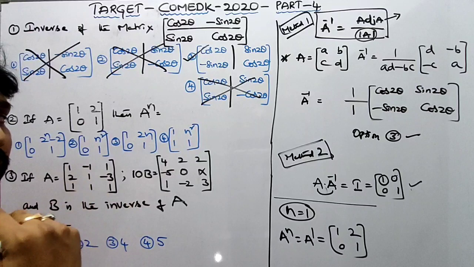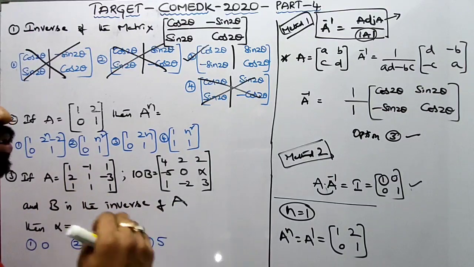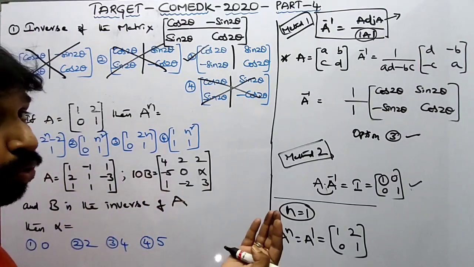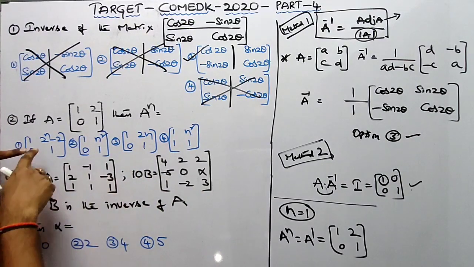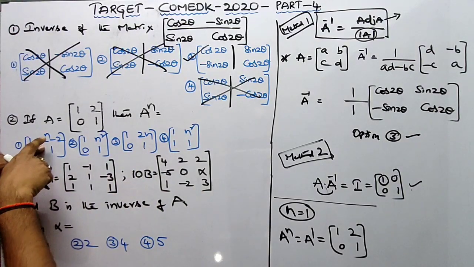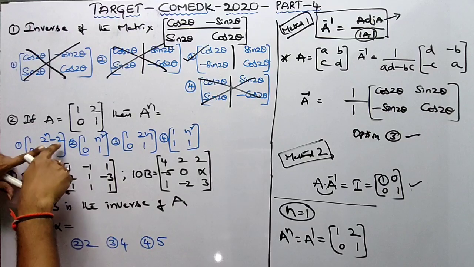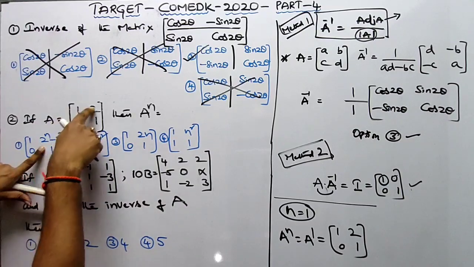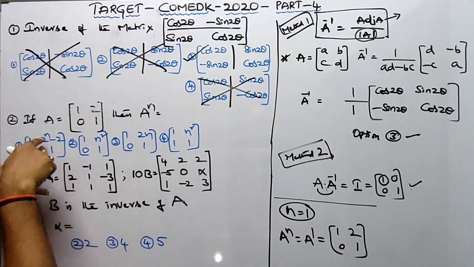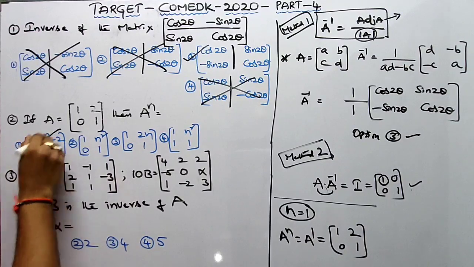So for example, if more than one option is satisfied, that time you should take n equals 2. Let us check, friends, what will happen here. If you take n equals 1 here, 2 power 1 is 2, 2 minus 2 is 0, but you want 1 2 0 1 according to that, but you are getting 1 0 0 1. That's what this is, a wrong answer.